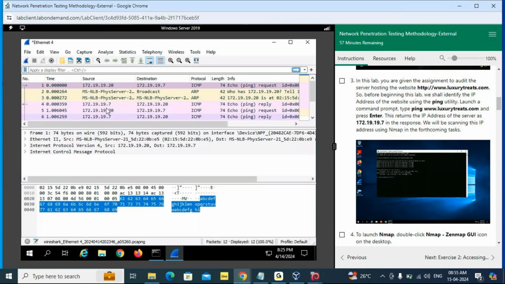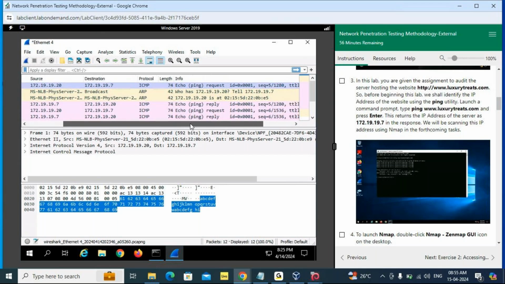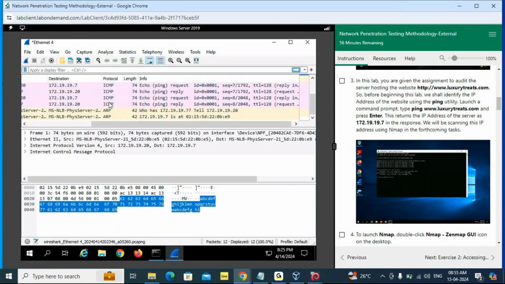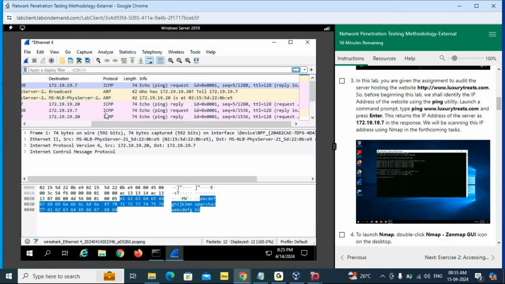So we started with the ICMP protocol. We started pinging. So this is the IP address of the Windows Server machine, and this is the IP address of luxury treats, where it is hosted, actually the web server IP address. You can see what happened here: ICMP ping, and then there was some ARP broadcast and ping, and then it stopped. So if we check this frame,